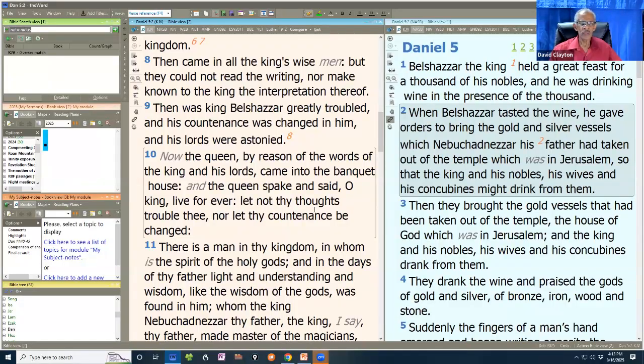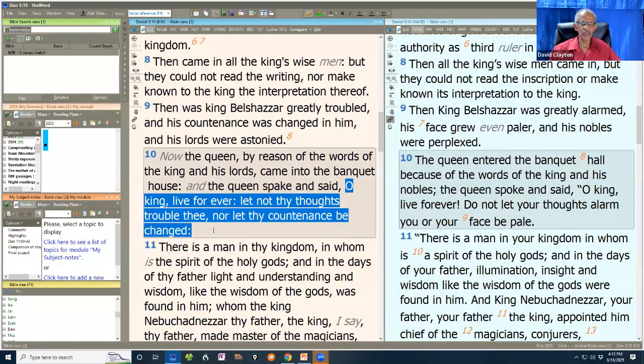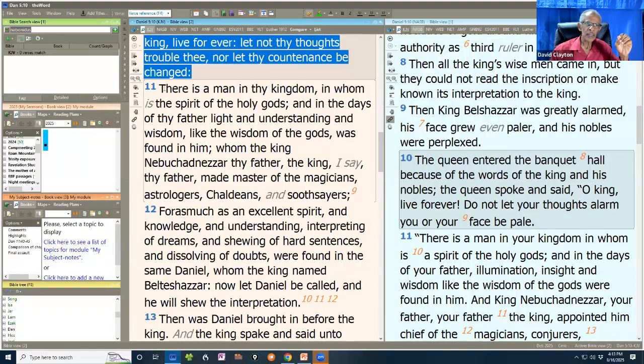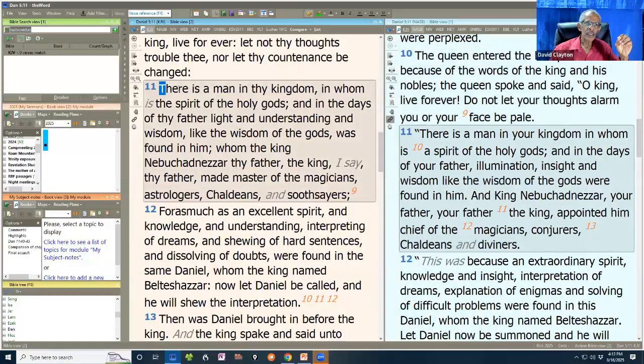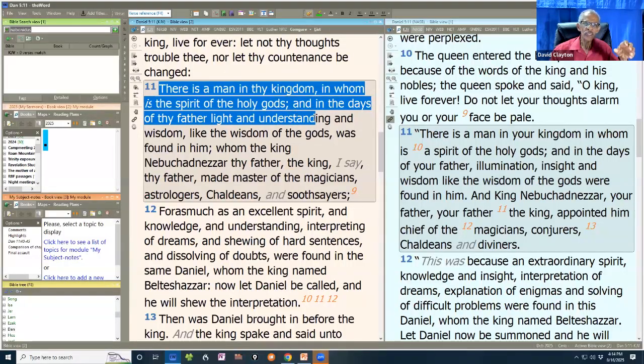And she tells Belshazzar, O king, live forever. Let not thy thoughts trouble thee, nor let thy countenance be changed. She's saying, be at peace and let your mind be at rest. She's saying, I have a solution to the problem. There is a man in thy kingdom in whom is the spirit of the holy gods. And in the days of thy father, light and understanding and wisdom like the wisdom of the gods was found in him,